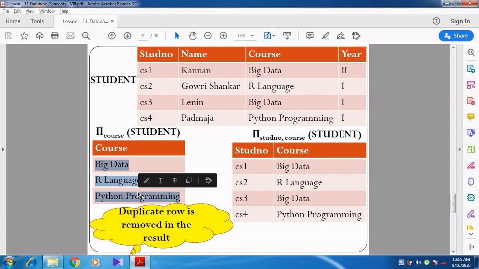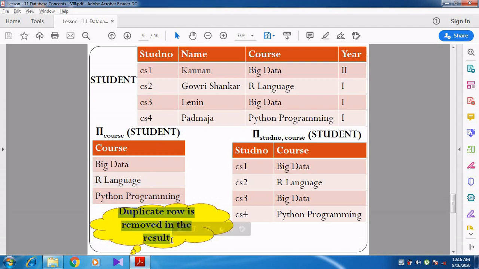Another thing you want to see here: there are 4 tuples, 4 rows in the table, but here it is displayed as 3 rows. Why? Because duplicate rows will be removed in the result. That is another advantage of the project operation. Whenever I specify project course of student, only the course attribute will be displayed.